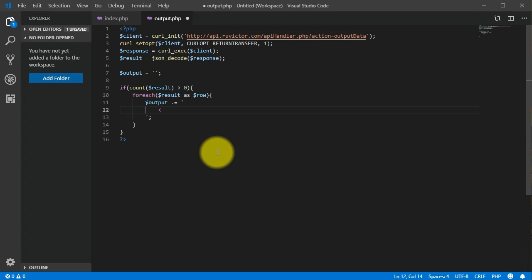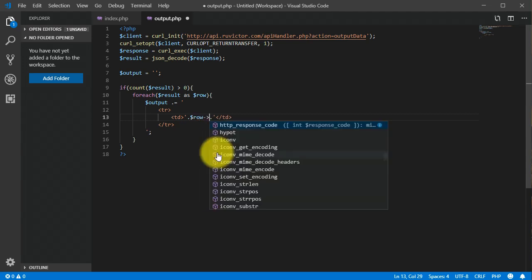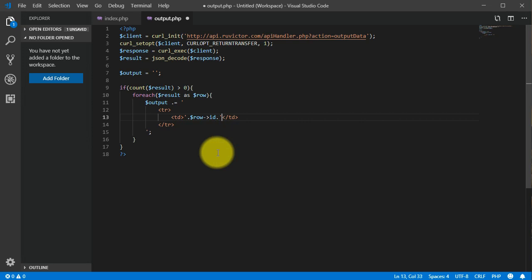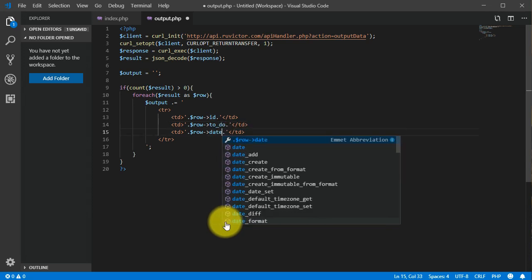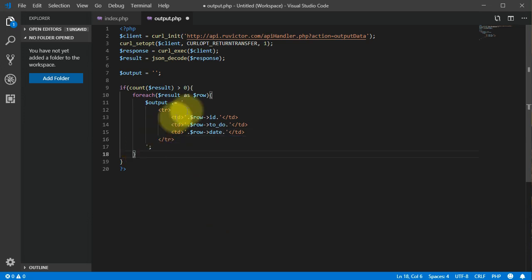Alright, this way we have a new row in our table. And then here are the columns. So we have td, close it, and we have to concatenate because here we will insert some PHP variables. So we have the row ID, and we need 2 more. The second one is going to be for the to do, and the third one is going to be for the date. Alright, but in case we don't have any data in our result variable, we will assign to the output variable